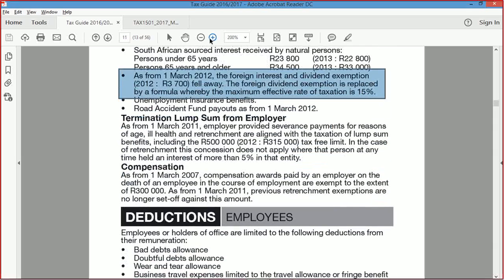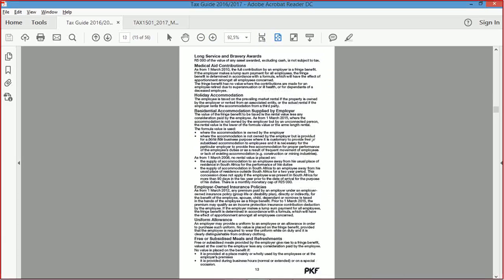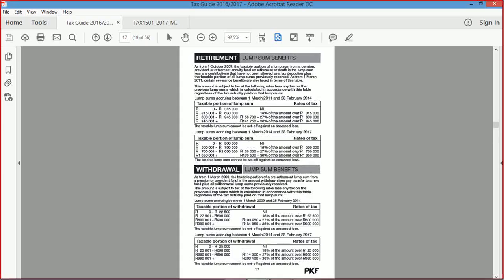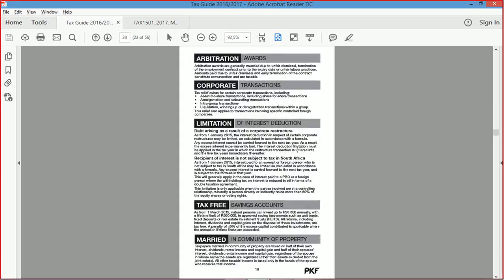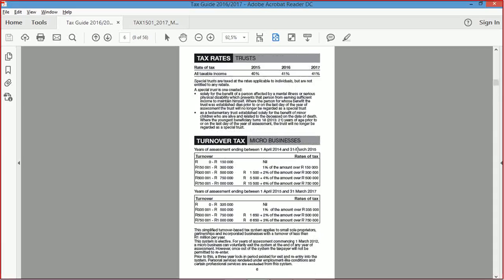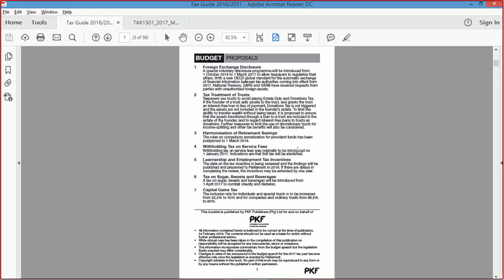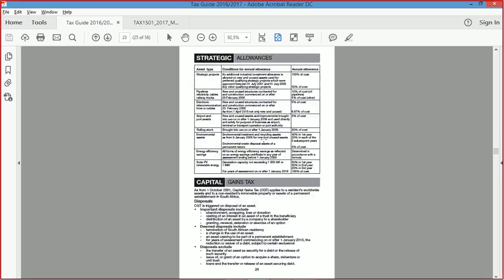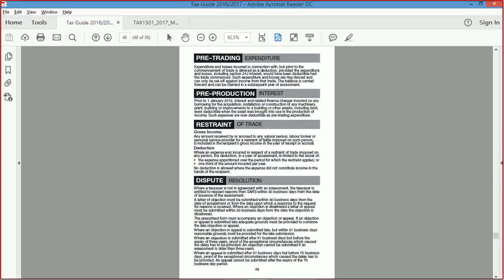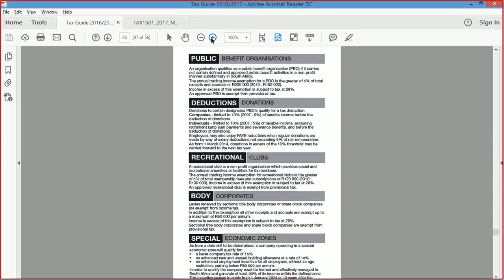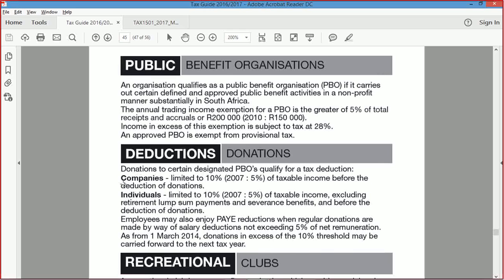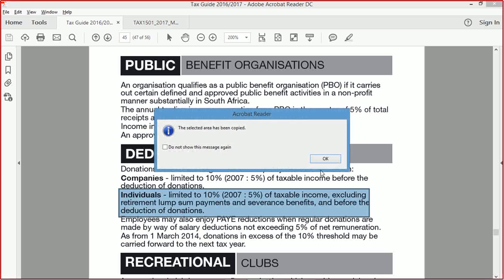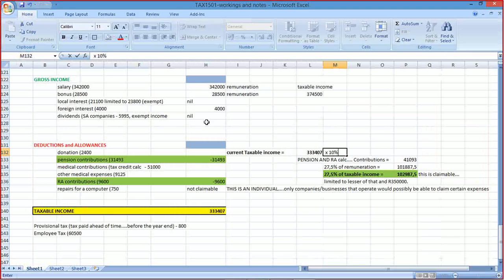So for the donations, you'd have to work out your pension and your retirement annuity, then do your donation. Yes. Okay, because the donation is a percentage of. What page was that on now? Donations, page 45. Yeah, public benefit donations, there it is. 10%, yeah, 10% was right. Individuals 10%. Okay, cool. Okay, so times 10% equals